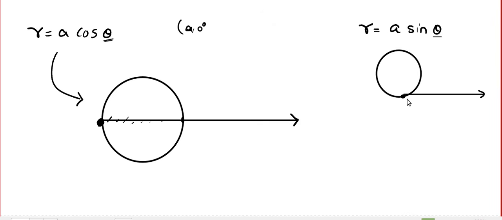Because when you plug in 0, you will get 0. When you plug in 90, you will get a. And it goes on like this. And to be honest, you have to be familiar with all the polar equations which you learned in first semester,